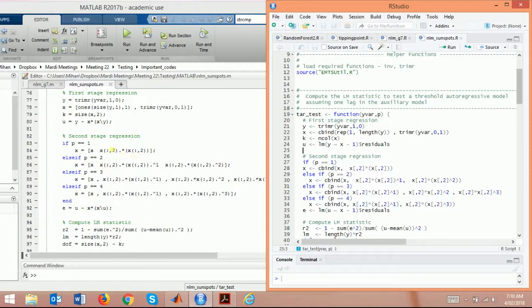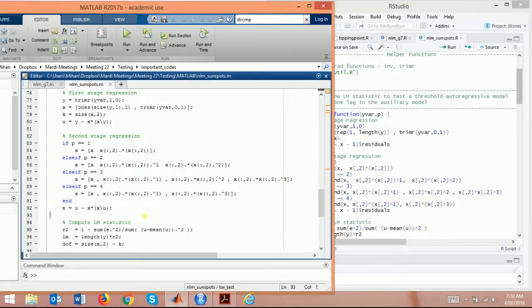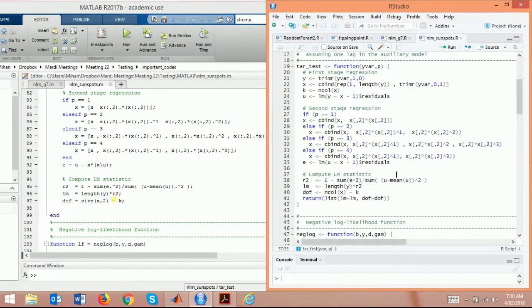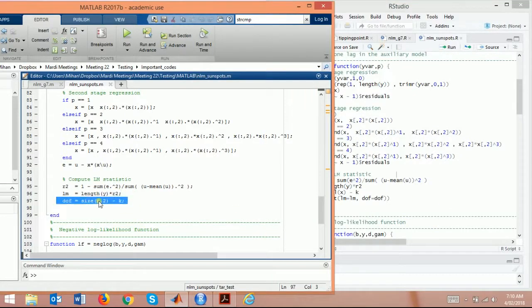Column bind: present them in columns. Again, column bind means presenting them in columns. Then the LM statistics: R square, LM statistics, degrees of freedom. The LM statistic and degrees of freedom is simply